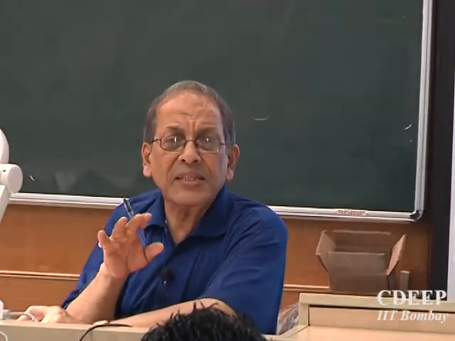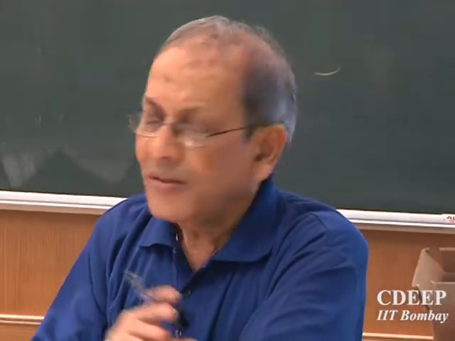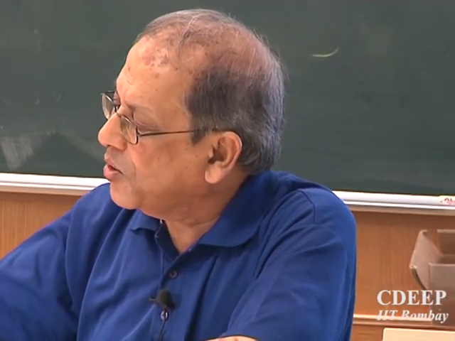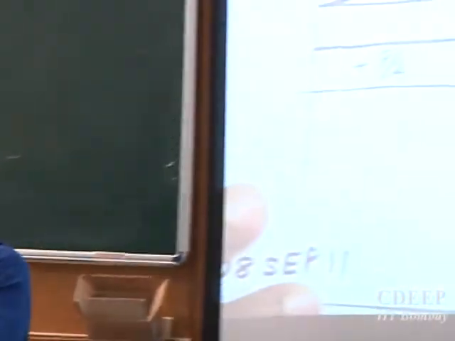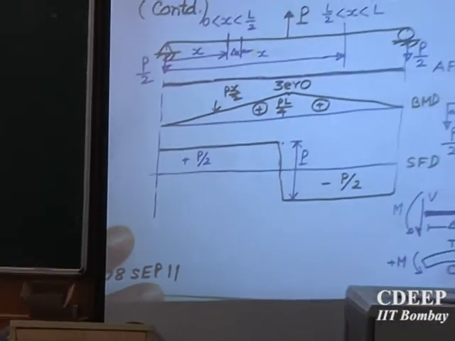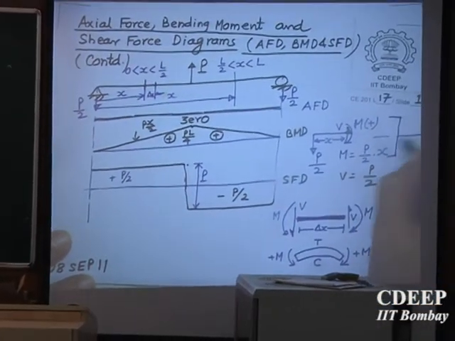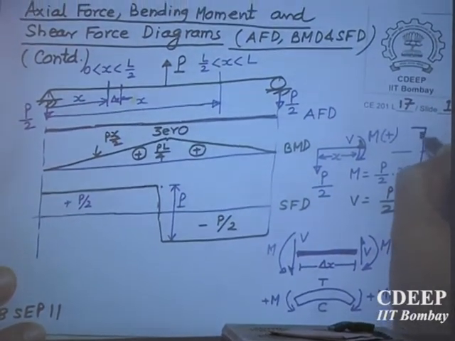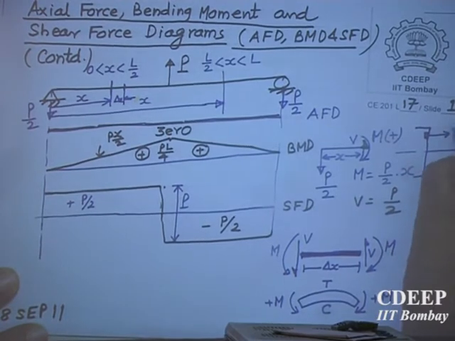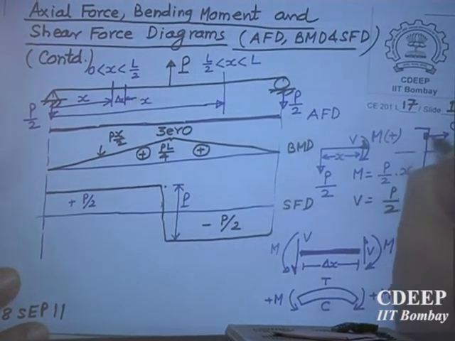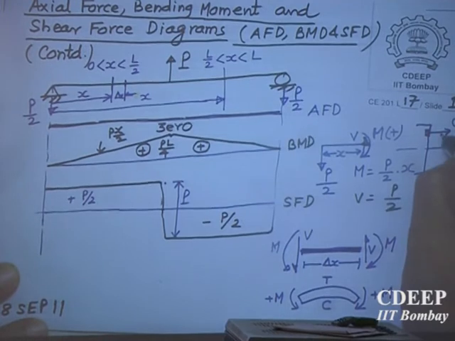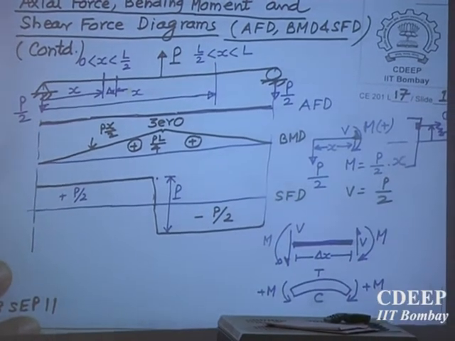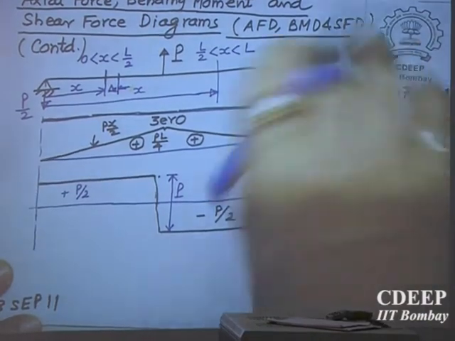We have taken this as our sign convention, and I took positive because I told you positive is through the depth. If this is the depth, I think I drew the diagram. This is the neutral axis, I mean, this is the middle line, and at this the positive stress is sigma x like this. Sigma x into area will be a small force multiplied by this lever arm, which is z, will produce what? A moment like this.